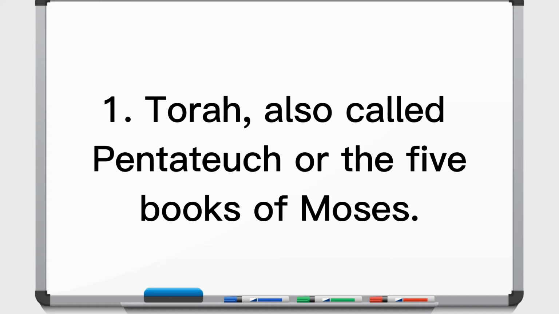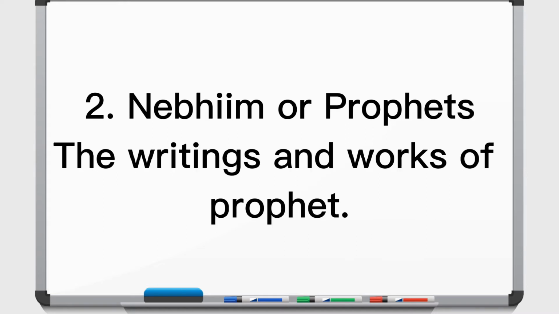All right. Then the second category is called Nabim or Prophets. This particular category contains Joshua, Judges, the 1st and 2nd Samuel, 1st and 2nd Kings, Isaiah, Jeremiah, Ezekiel, and the books of the 12 minor prophets. Okay, talking about the minor prophets, there's a topic on that, so we'll definitely get there, right?